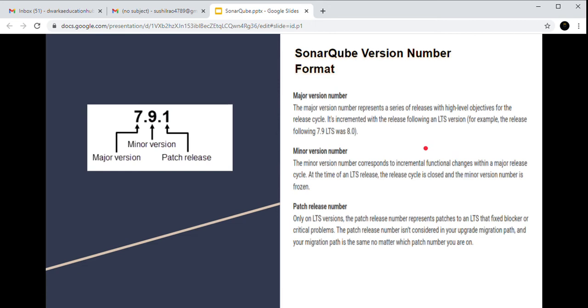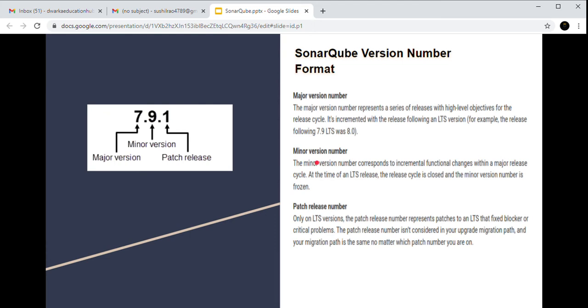Patch releases are for urgent and critical blockers due to which SonarQube cannot be used, and which cause vulnerability assessment issues. Those go into the patch release management part.